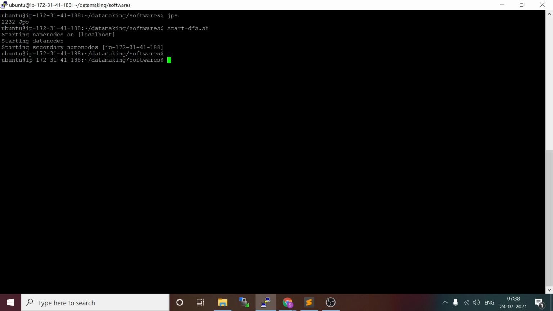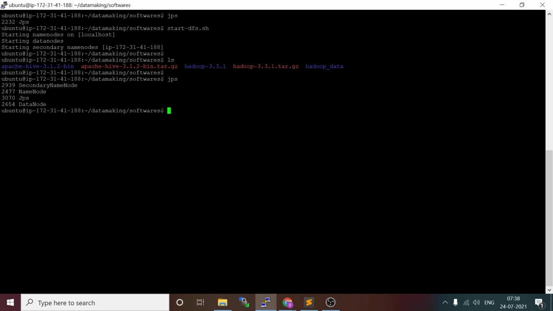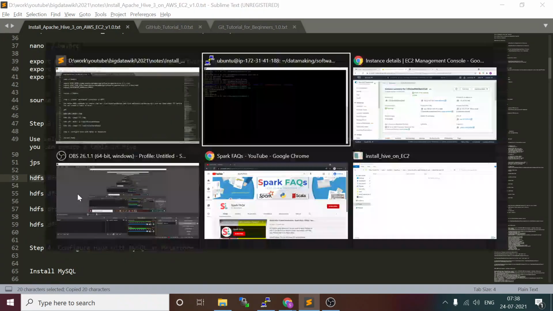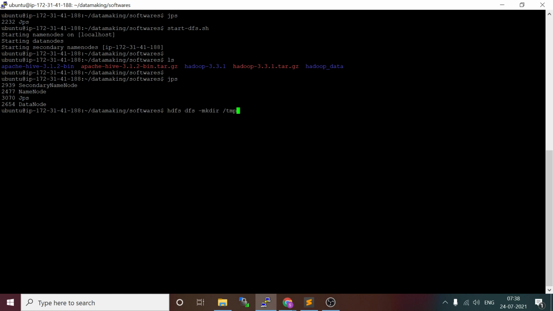So this is created. Okay, yeah, it's running. Let's create our directories. First we'll create one temporary directory in HDFS. To create a directory in HDFS, the command is hdfs dfs -mkdir, followed by the path.